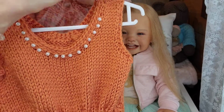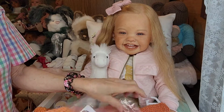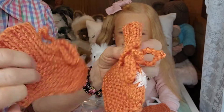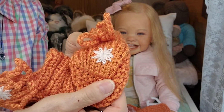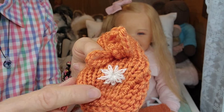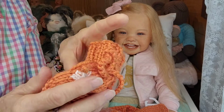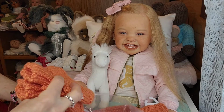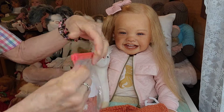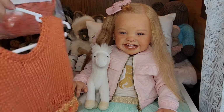And then let me show you what else she sent with this outfit. She made these booties. These booties are in the same color of orange, and they have a little crocheted flower on the front of each one. Yeah, this is really a special outfit for her. I had to share that with you because I'm going to talk all about